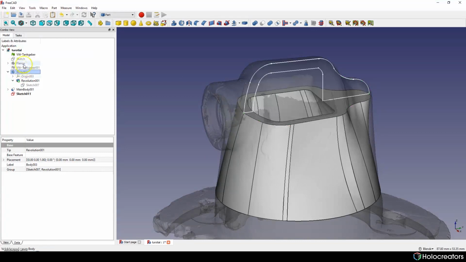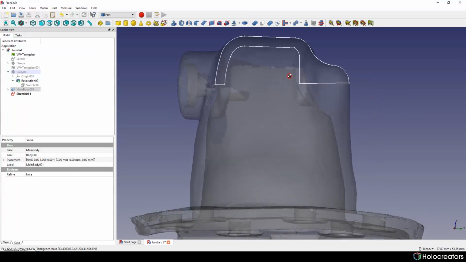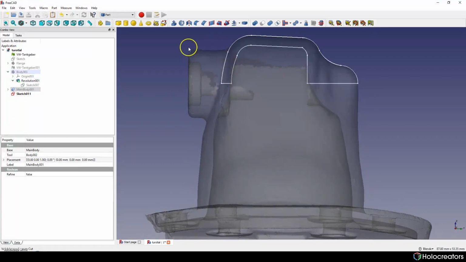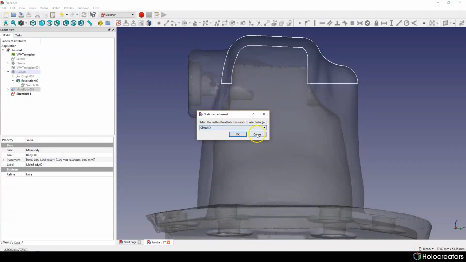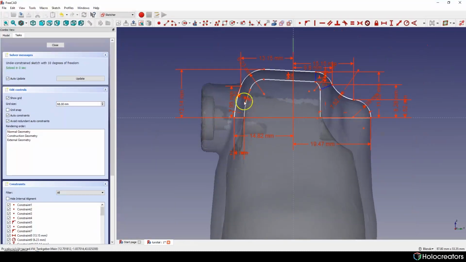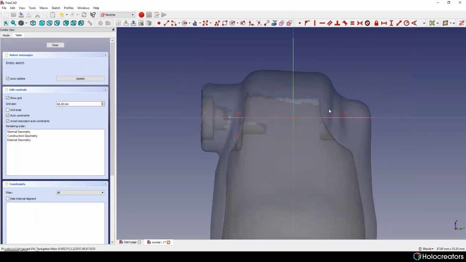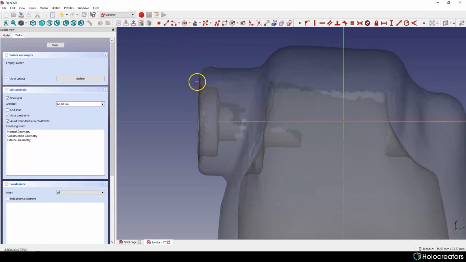We can hide our body and we need to change our sketch, so we go to our sketcher, choose our sketch and start sketching out these things. We don't need all this, we just need to create a new sketch. So we do basically all the same things like before. Just a simple sketch.